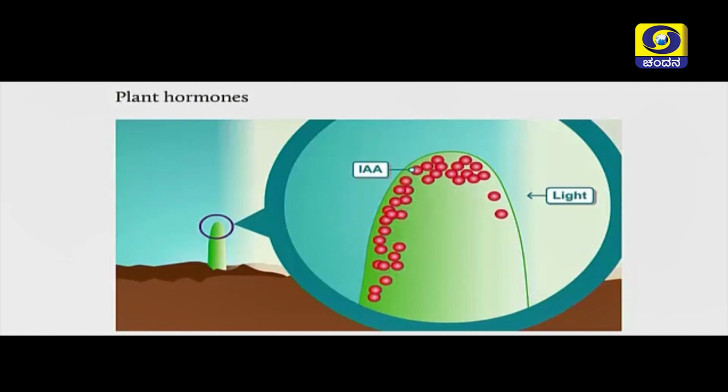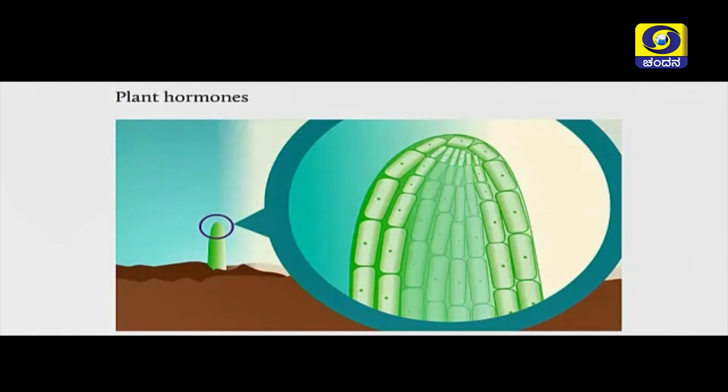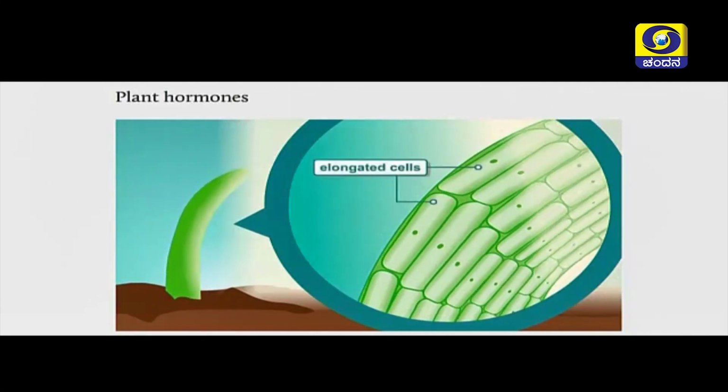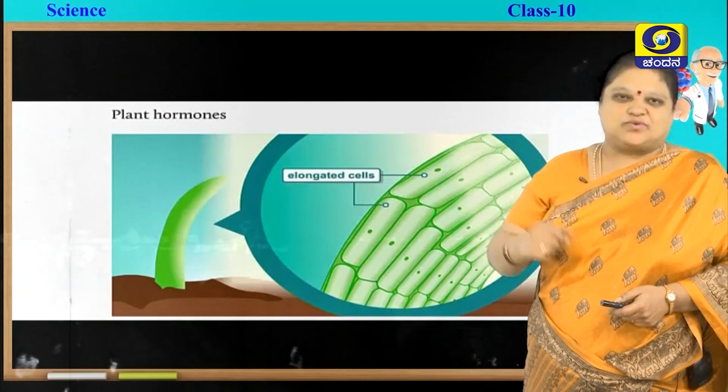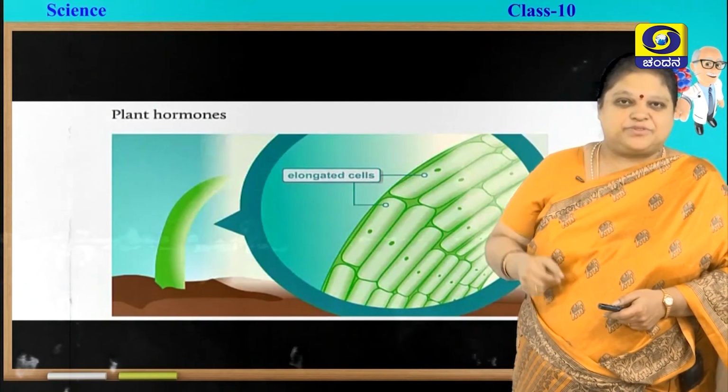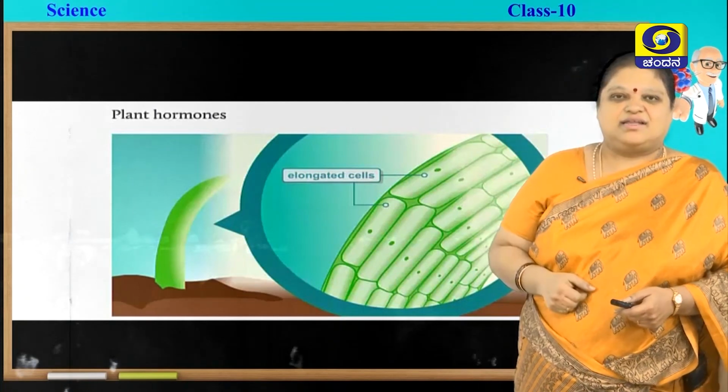Once it moves away from the source of light, it promotes the growth of cells in that direction. So, what happens is naturally the cells present in that direction will become elongated, and the cells present towards the light will be very short, and finally the shoot will bend towards the light. See there. So, the cells got elongated, they bend towards the light. So, like this auxins are present in the tips and they help in bending towards the light.